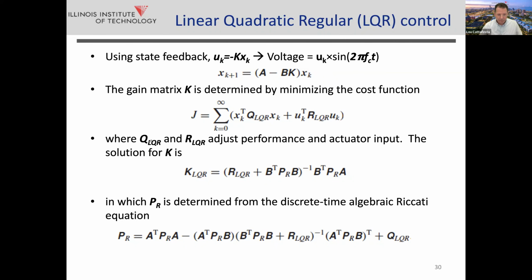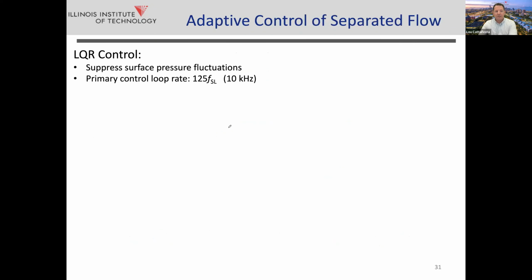So essentially, what happens is you get K by minimizing this cost function. And it turns out, if you look at this, we have the A matrix, the B matrix. This is all coming from our control input. What is unknown here is this P sub R. It comes from the solution of the discrete time algebraic Riccati equation shown here. So we actually end up running the real-time control. And what we do is we identify the A matrix on the fly using DMD. And then we solve the Riccati equation on the fly as fast as we can to update the K matrix and hence the control.